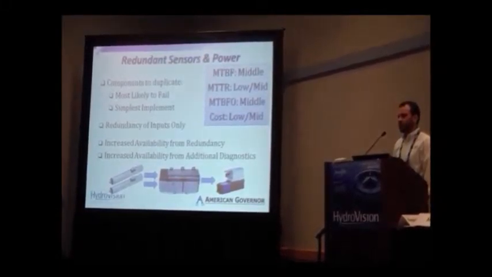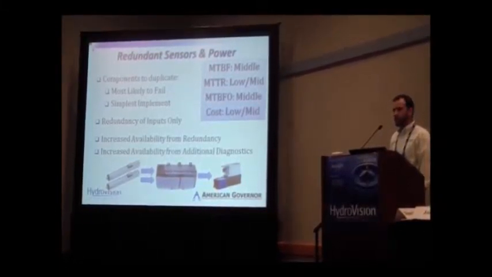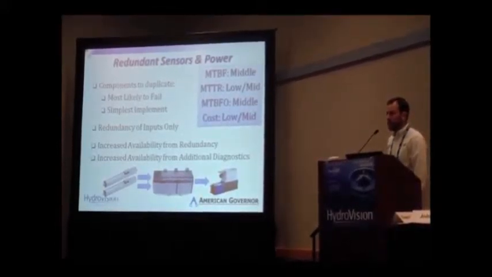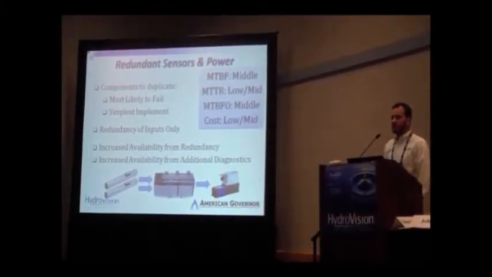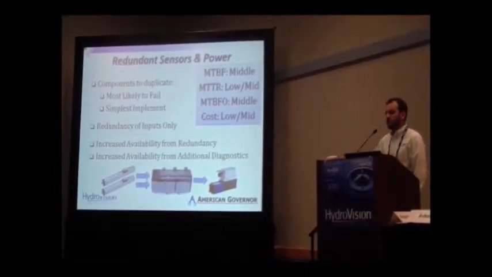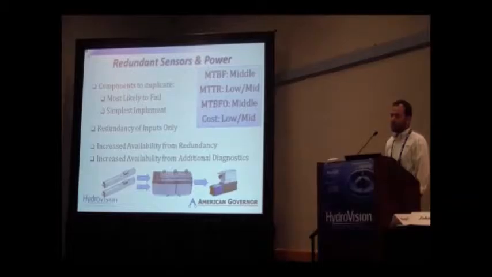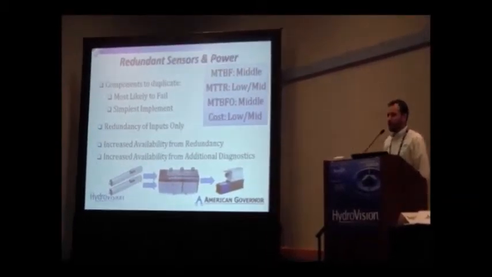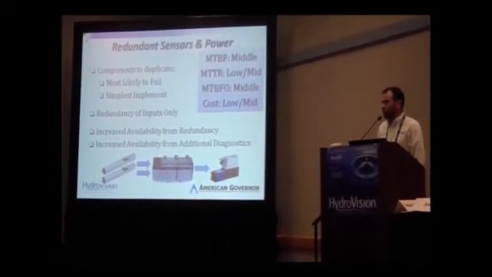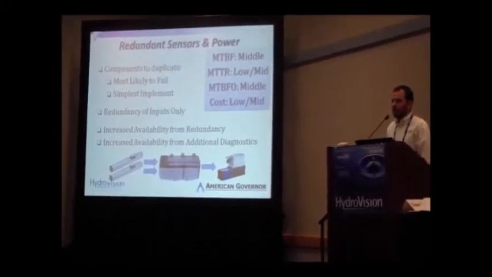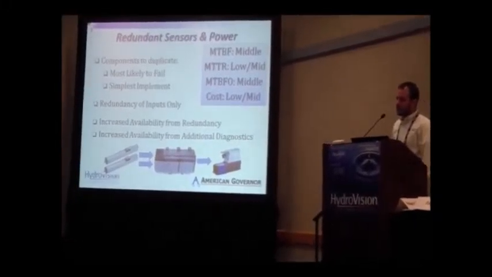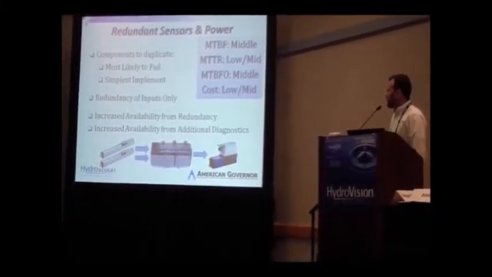You can bring 2, 3, however many pressure transducer speed signals into your controller, have a high signal select or voting algorithm, choose a single best signal, and then the rest of your system remains unchanged. So your mean time between failure does rise because you have more components. If you have more components, they will fail more often. You'll have more failures just by probability.